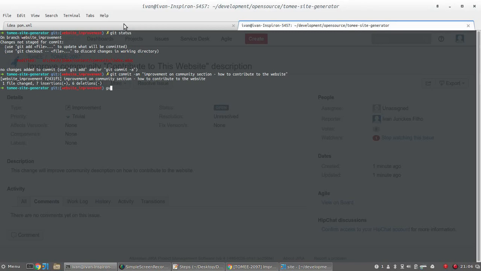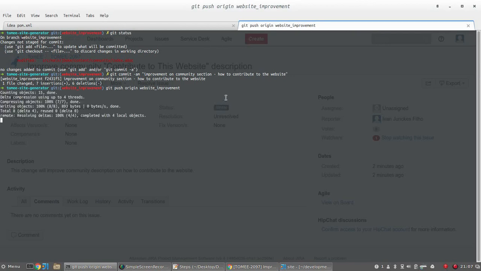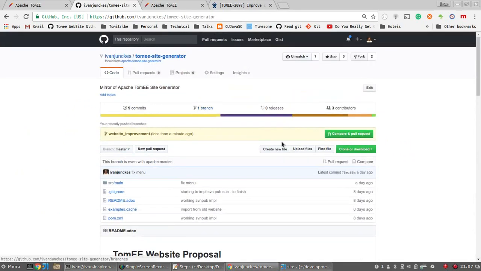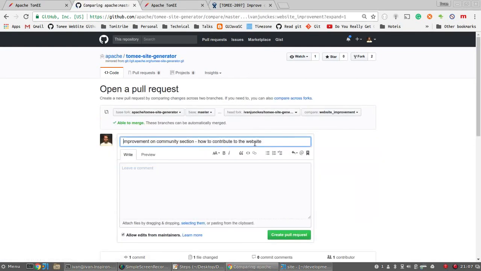I'm going to do a push to my fork. So I'll do a git push origin and then website improvement. Okay, so now we have the change in my fork. So if we go there, we're going to see that now we can do a pull request based on the change. So right here,